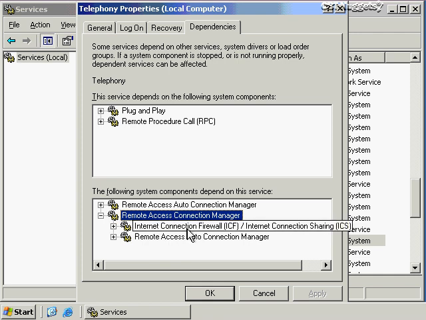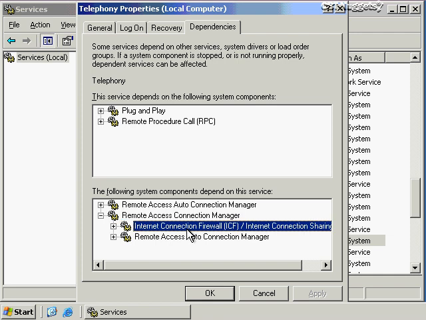This is where we're going to get kind of a home office, small office firewall, and we've got people behind this firewall trying to access the Internet. Well, without the telephony service, they're not going to be able to access that. So what that's saying is if this telephony service were to go down and stop suddenly, then my firewall and/or my Internet connection sharing would also fail. So you can see how one of these services can be the start of a row of dominoes going down. One of them falls down, a whole bunch of other ones are also going to fall down.